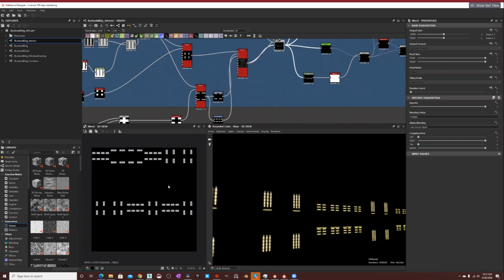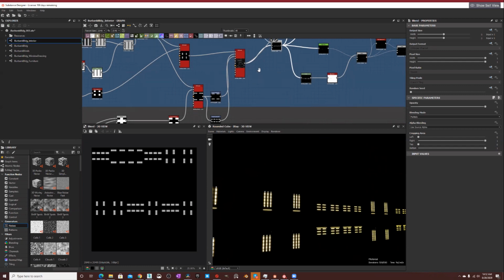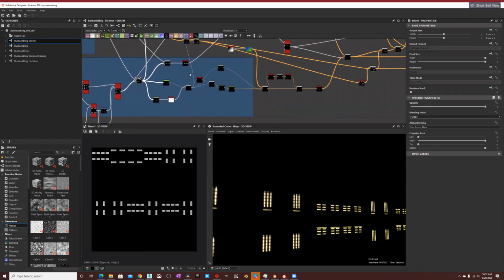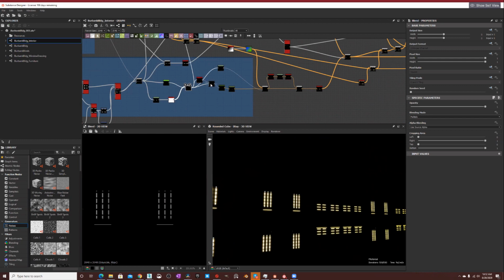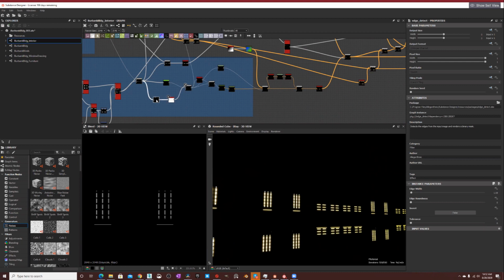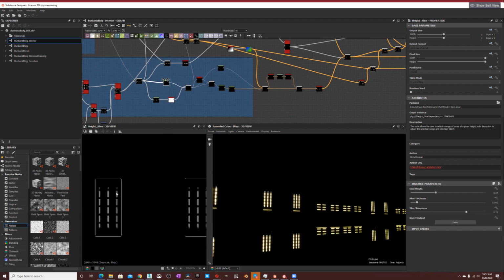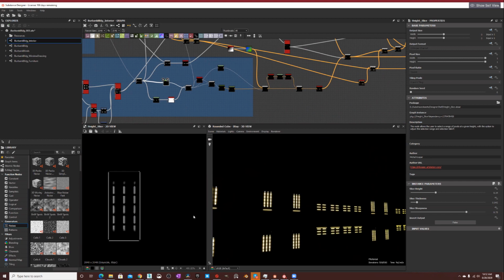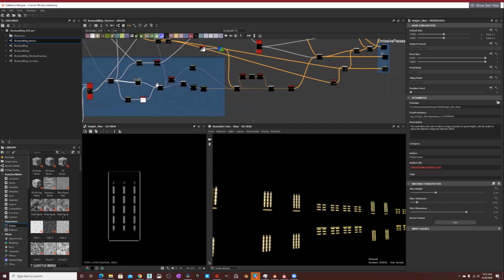So now that's the pattern of the lights on the ceilings, and then that gets split down into different pieces. I think I'm using the height slice. I use that tool all the time: levels, edge detect, and height slice. Excuse me. So I'm using the height slice to select these little pieces here, and then those get passed down into the